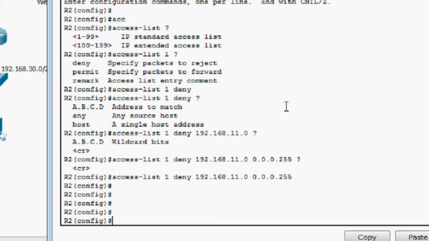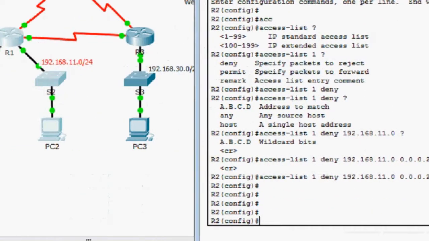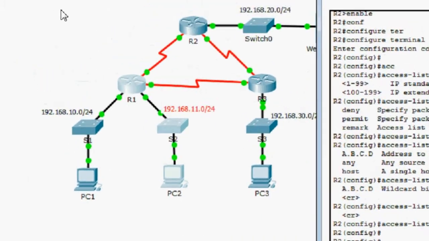Okay, now all these networks cannot access